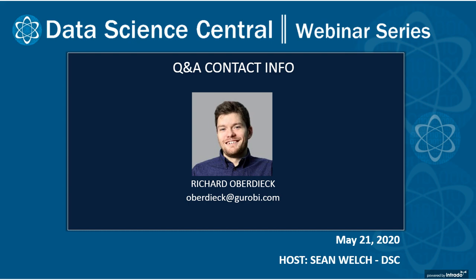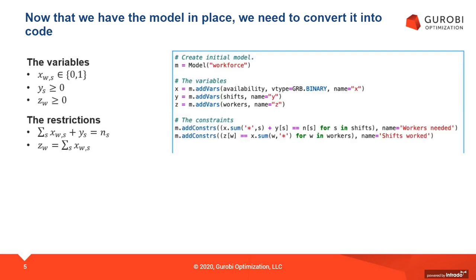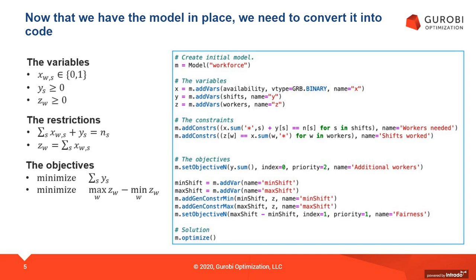So Richard, the first question is, what does priority mean in the objectives in the code that you showed? Oh, that's a good question. So let me go to that slide right here. The question is referring to these two lines right here. So one thing that Gurobi allows the user to do is to formulate what we call multi-objective optimization problems. Often in the literature, you will see optimization problems as saying this is a single objective that